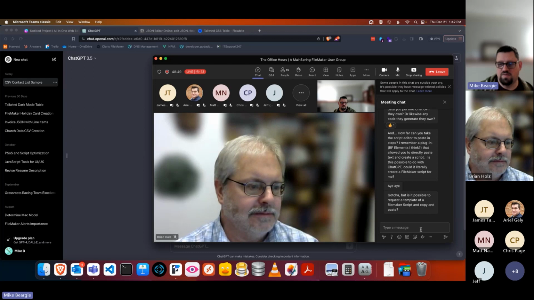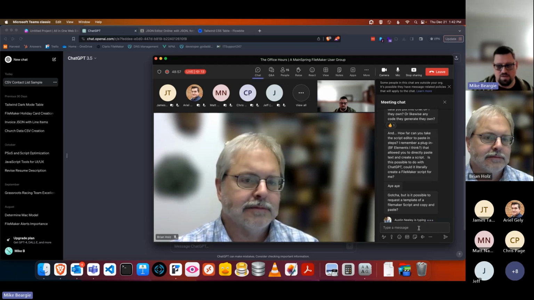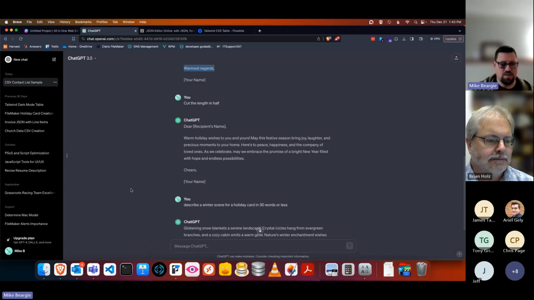Request a template of FileMaker. Copy and paste. No. Because FileMaker's script format is XML based. There are some people who have done stuff with that, but it's a lot easier to just write a FileMaker script at this point in time than copy that. Because again, there's